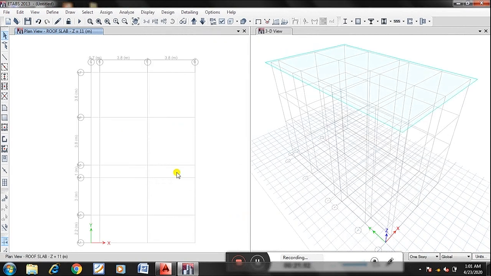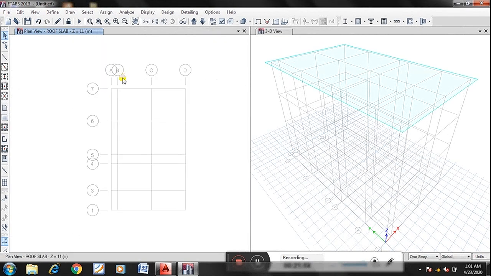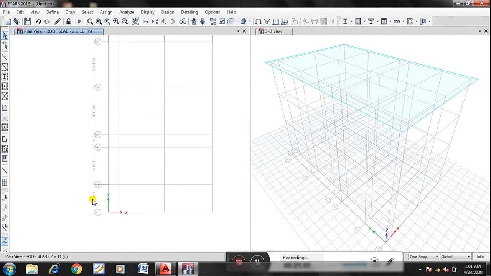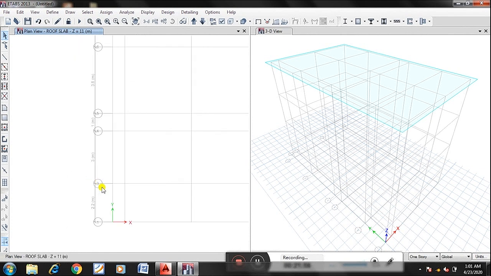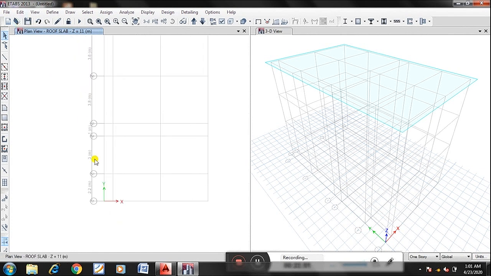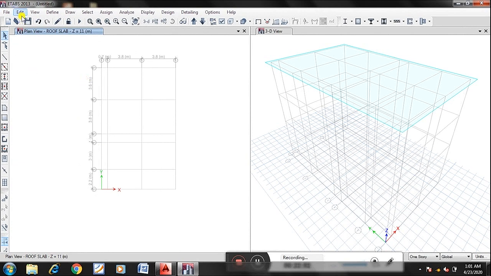Now we can get A, B, C, D as well as 1 to 3. Again it is not modified, right? I'll add it once again.